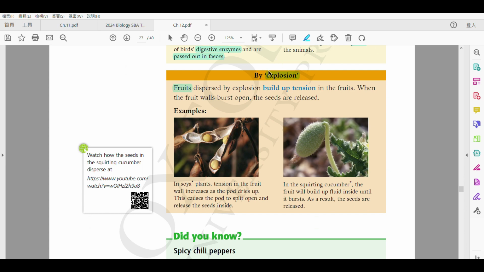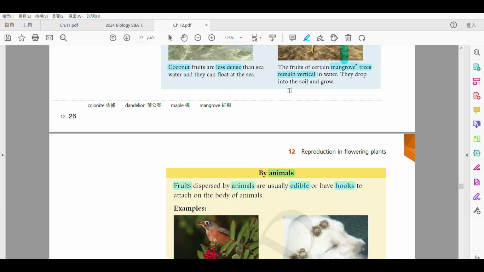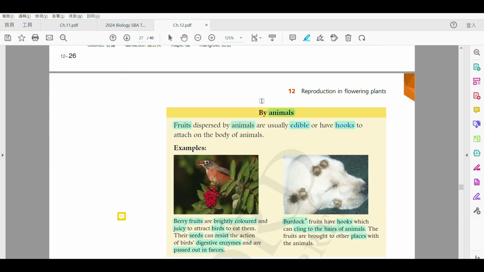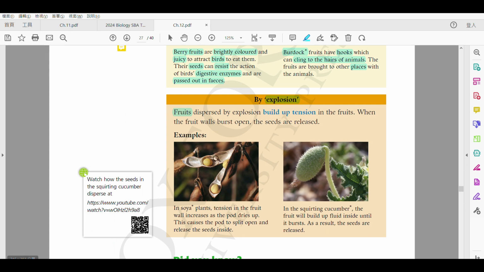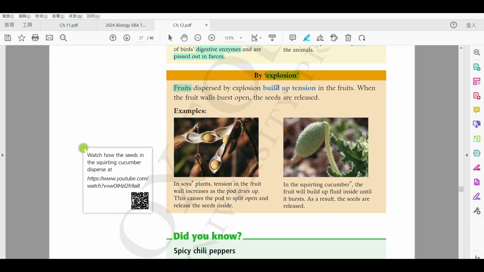Now, the last one is this one. This one, you may find it funny, but I don't know why, this one is very often tested. Maybe because the above three are a bit too easy, and this one. Most students will just ignore this part and they are often tested. Okay, so fruit dispersal by explosion. Explosion of course means 爆炸. Okay, so how does this explosion happen? They